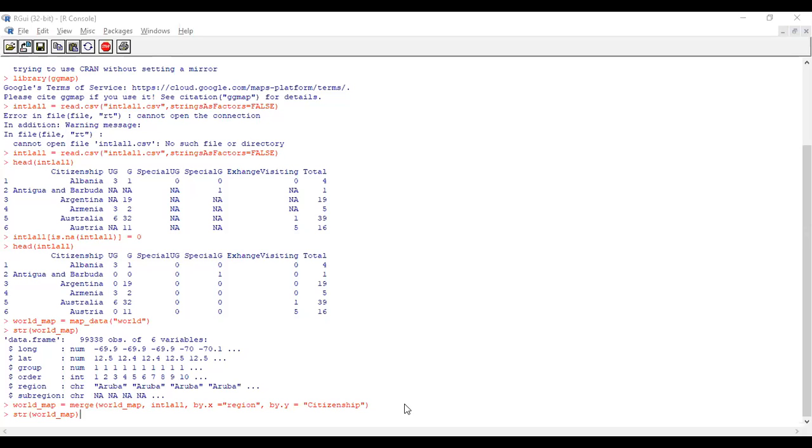Anybody completed up to this step? Sir, I'm not getting this world map. It is showing that the package maps is required for the map data. Please install and try again. Okay, one minute, try to install this package also.